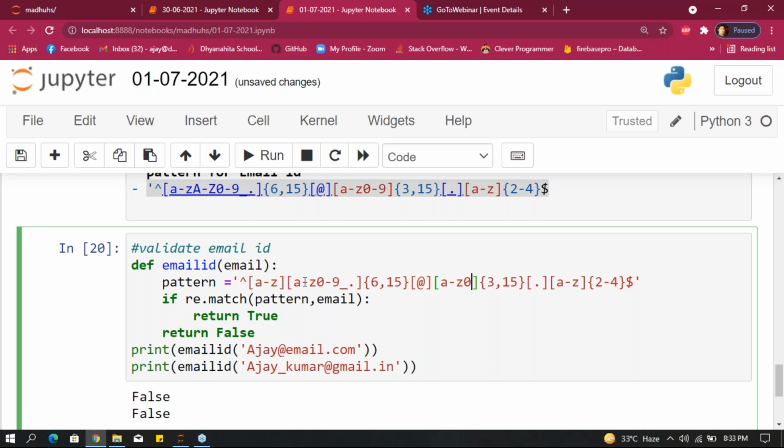Actually, in extension there were no numbers, guys. That is the reason I'm giving here a to z and the dot 2 to 4.